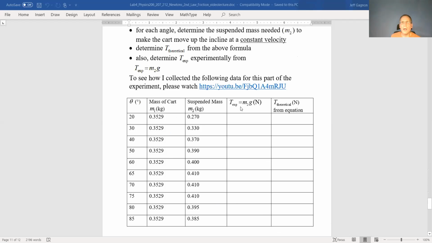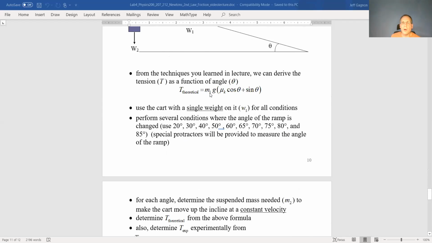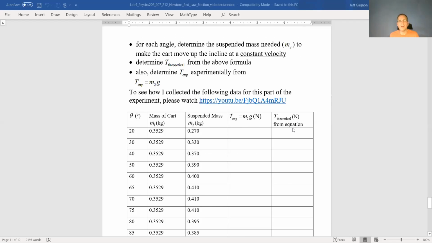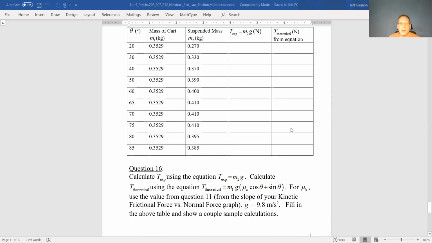And then the m1 here is simply the mass of the cart with that one weight, but that stayed the same through all the conditions. So that's just going to be 0.3529 for every condition. And g, of course, is 9.8 again. Okay, then what I want you to do